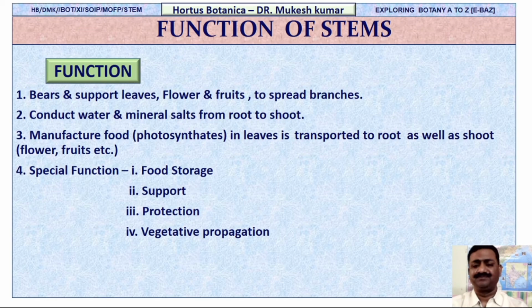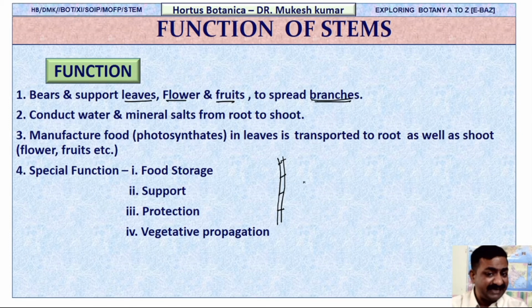Good. Now see, what should be the function of a stem? First, it bears leaf, flower, fruits, and spreads the branch. Let's have a look and try to understand what happened exactly. We have these various structures. Fine, these are the nodes. That depends upon the requirement of the plant, what the plant needs. It is a node, and in between this we have internode. So first of all, we have this bud.